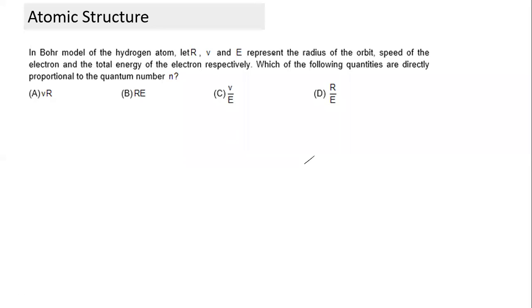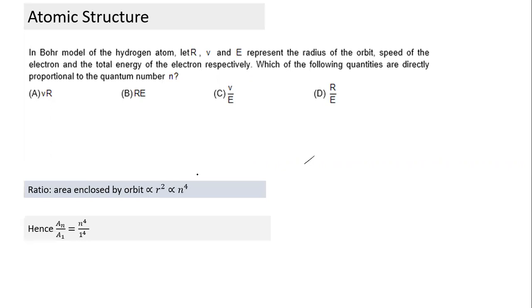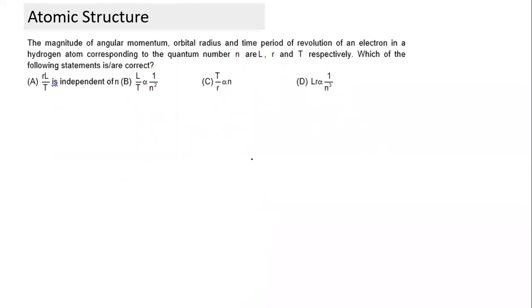I see more people, and this is very similar to the previous question. All I need to do is express all these terms in terms of proportionality, which power of n they are proportional to. If you do so, it's very easy. Sorry, I think I didn't write this here, but this method is very similar. Bohr model: r is proportional to this. What is v proportional to? E is proportional to. So easily you can work it out. This is also a similar question, easily you can get an answer.